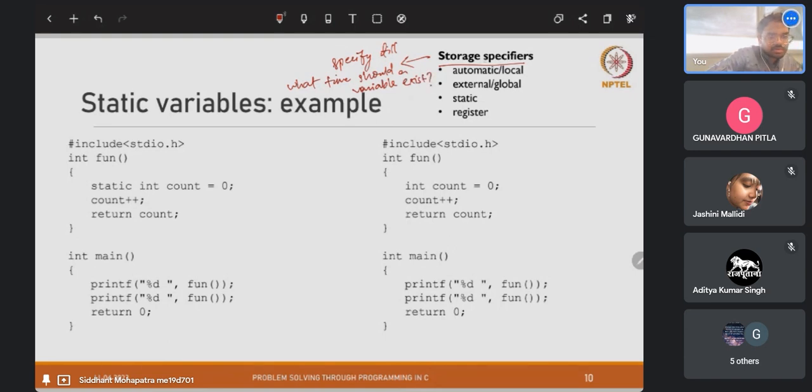That is what the storage specifier helps us to specify. Now there are 4 different types of storage specifiers: automatic, also known as local; external, also known as global;